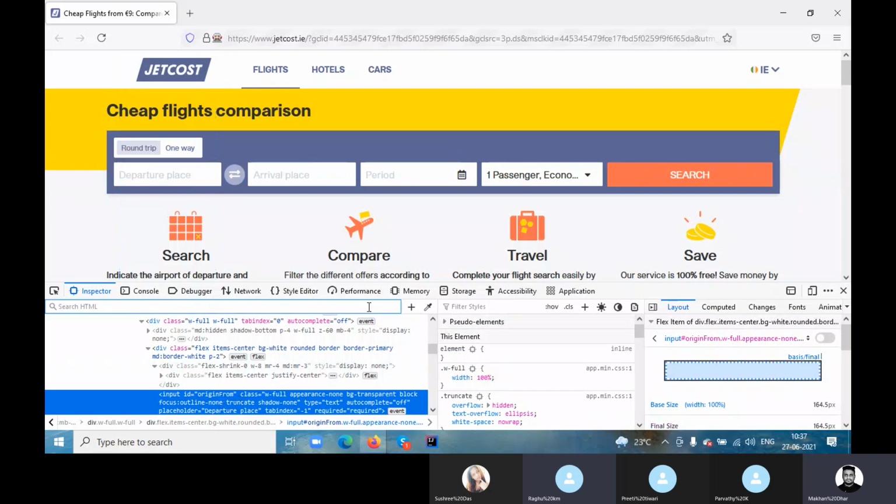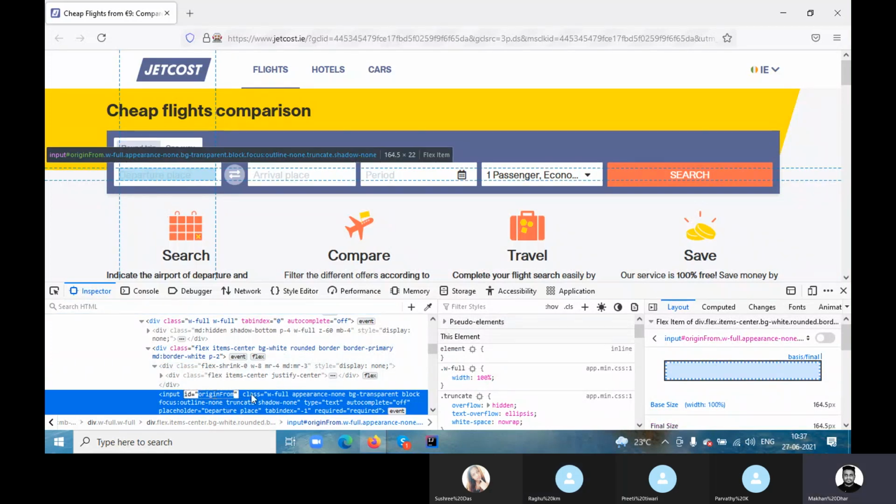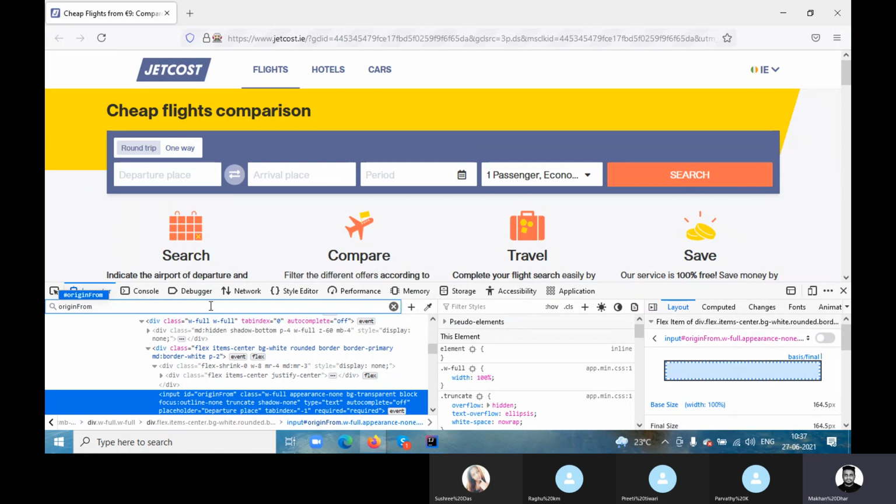Okay, then take this. And one more is there for type, right? Type is also text. So I'm first taking the value. Now this is for type. Type equal to text and ID equal to this, right?